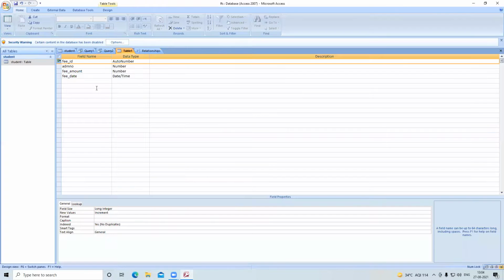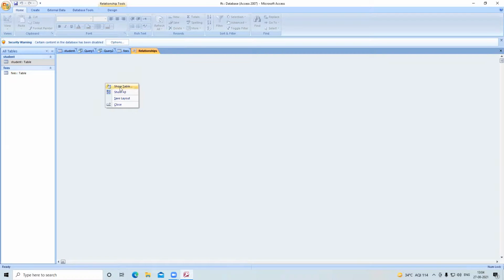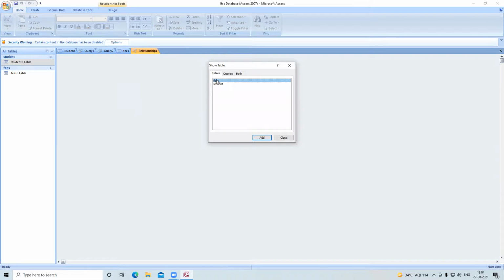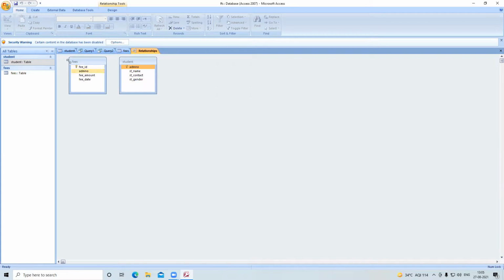We have not saved this table, Control S, then it is asking here fees. Okay. Now go to the relationships. All the tables it is showing, I added student here. Now I have to make a relationship so that until a record is inserted in the student table, the fee is not stored. Look here, first I will show an example.